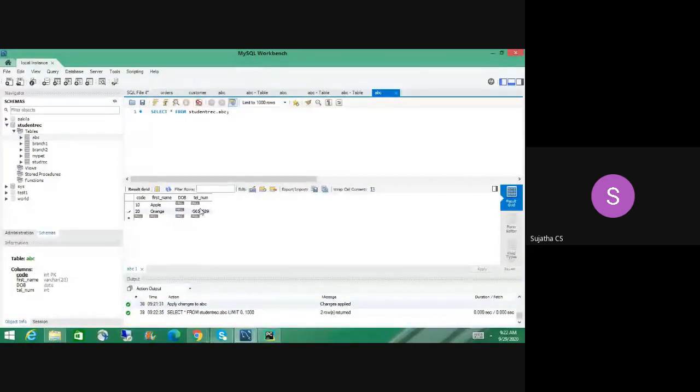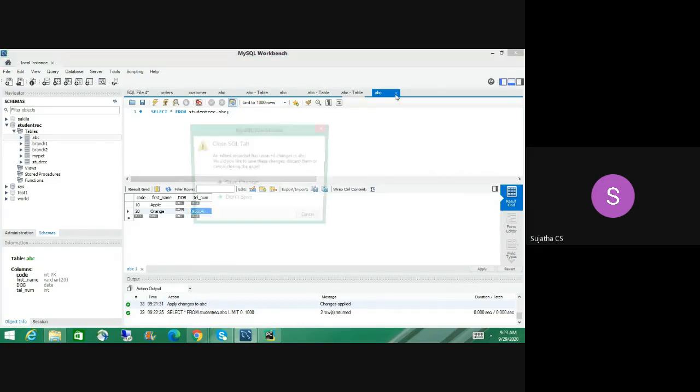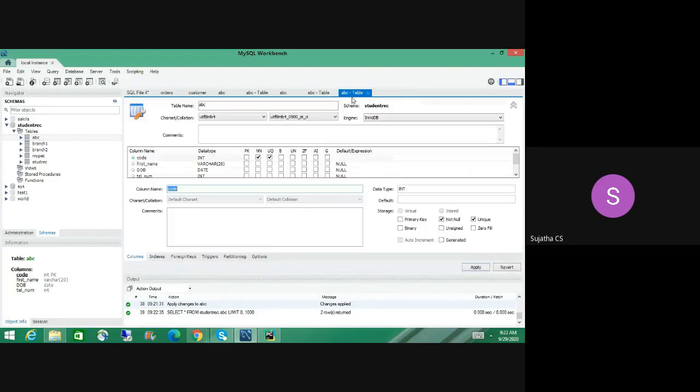You can easily do that, but our intention is that whatever you are doing, you write it as a query. Then only will you get familiar with the MySQL language. Okay, so let's not save. Let's close all those things.